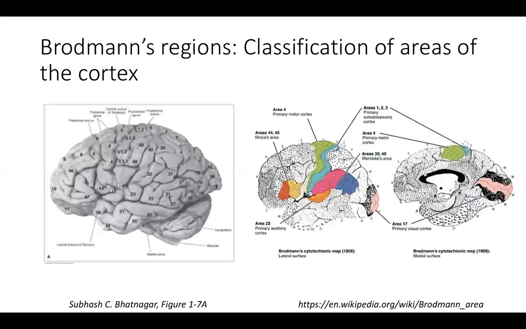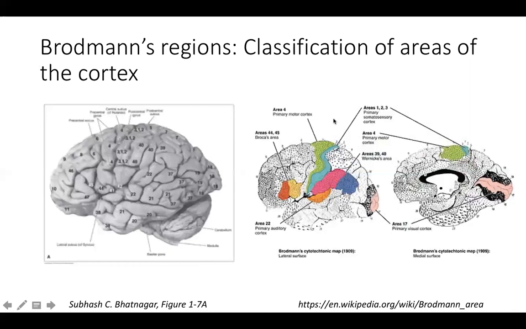Brodmann published his map of the cortical areas in humans, monkeys, as well as other species in the early 1900s. This classification has been sustained throughout the years, and other ways of adapting this type of classification have definitely been developed as well, but this is one of the main ways that we look at the cytoarchitectural neuron types that make up the cortex.